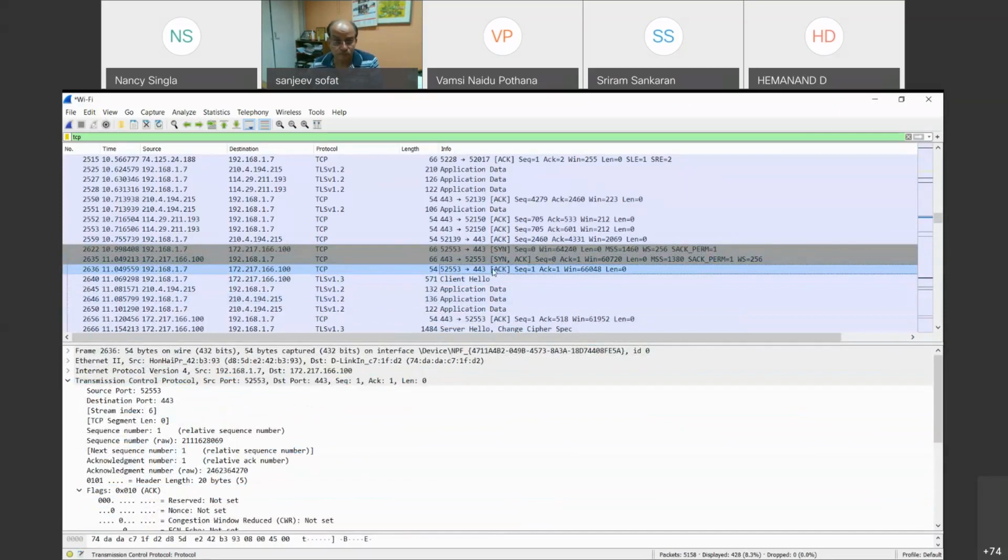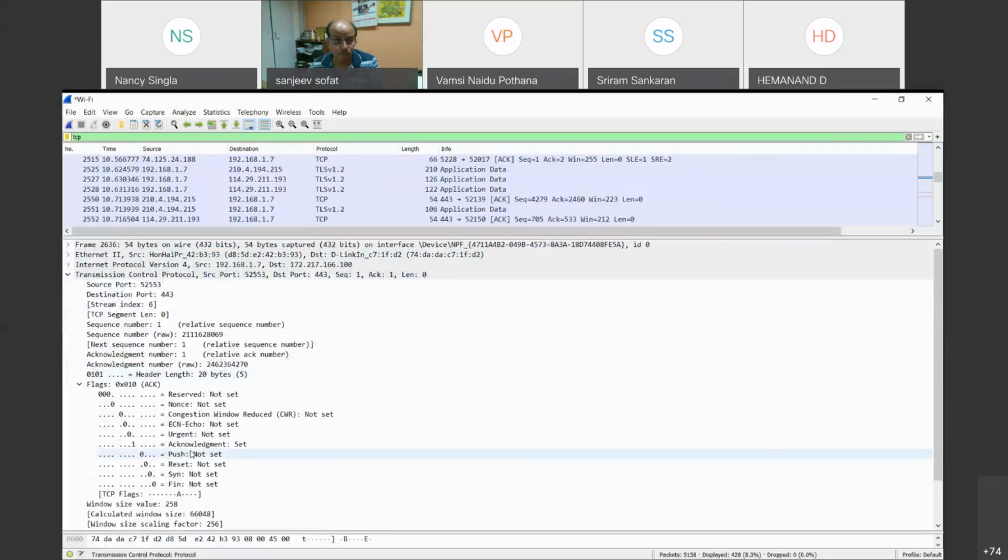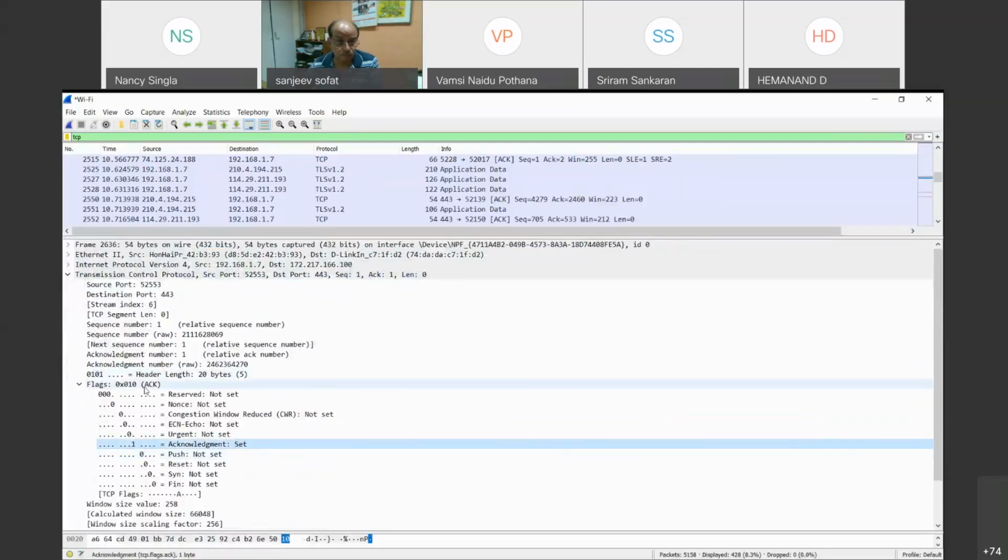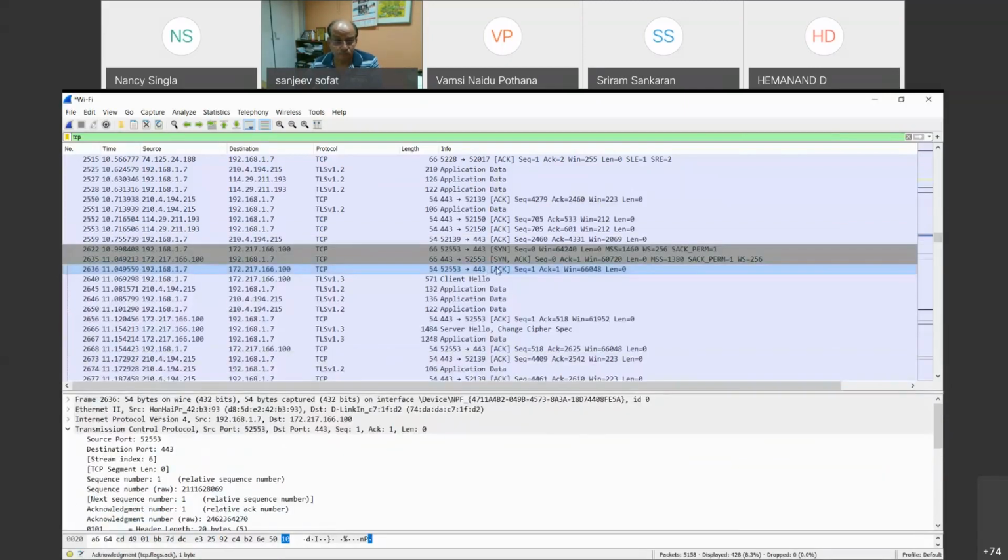If I click on this, you see the acknowledgement flag has been set to 1 and all the rest of the flags have been set to 0. So likewise, we can analyze the details of the packets and how they are going. This is a pretty good example of how the three-way handshake takes place. So let's go further.